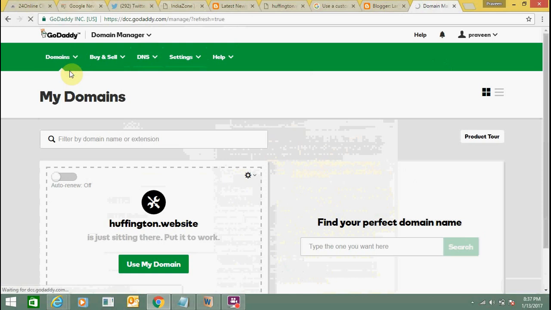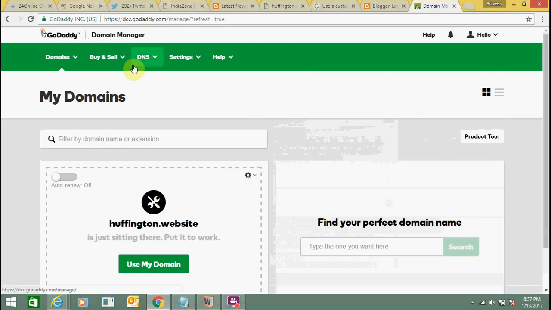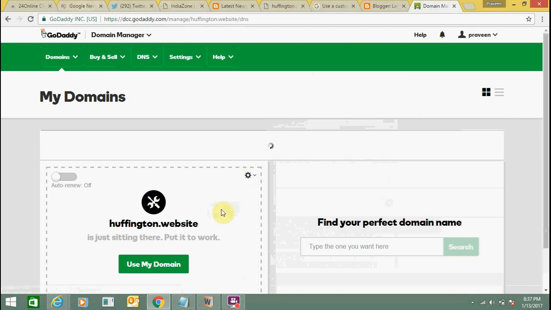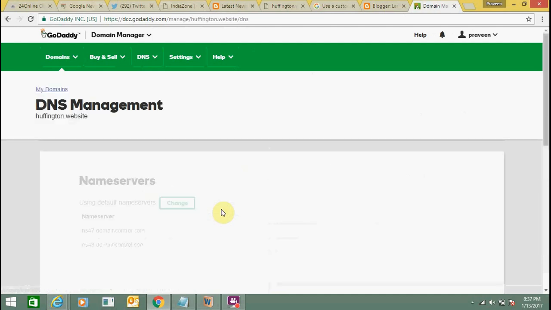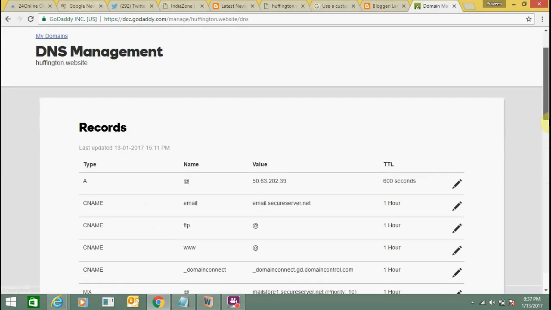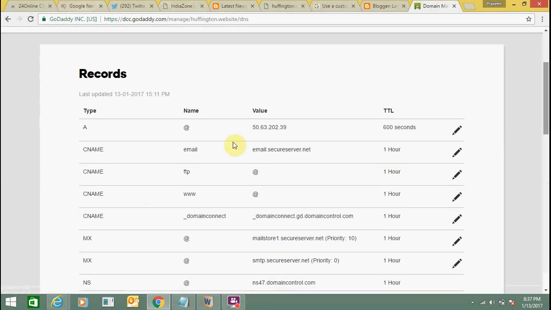The pointers and these numbers will change accordingly, because even in GoDaddy it changes time and again. So you don't need to worry. The internal things will remain the same. Click here and click on manage DNS. You need to search for these options in your GoDaddy account. Here you need to make a few changes in your CNAME and A record. I will show you how to do it.